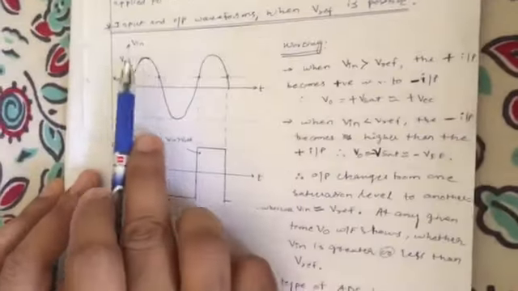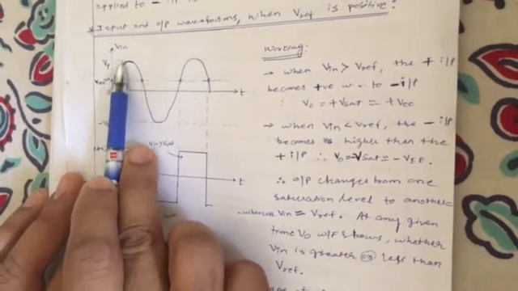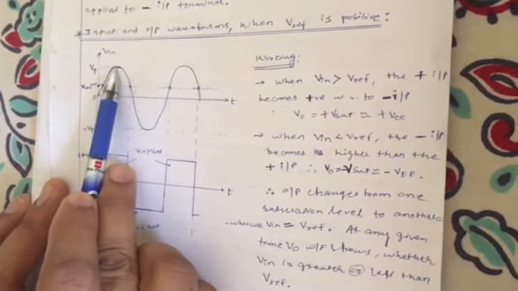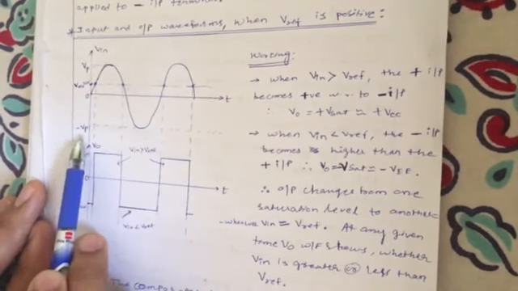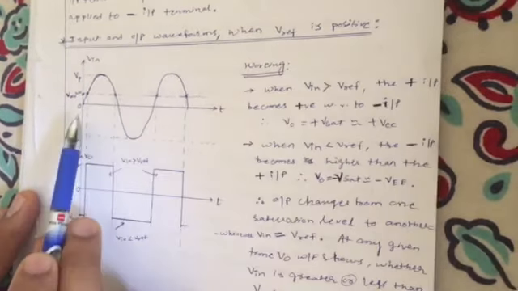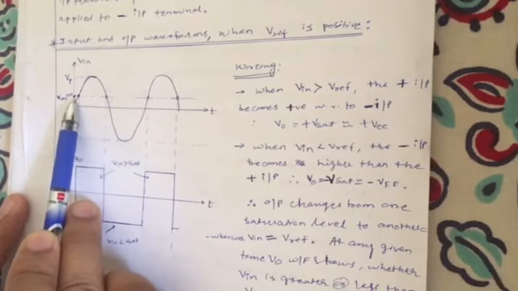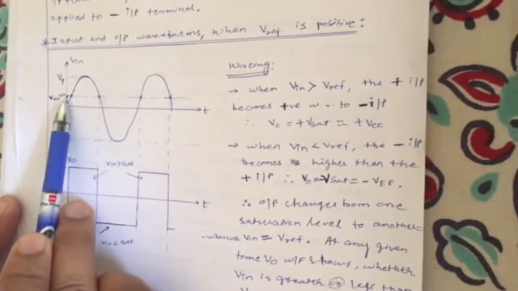Now let us take the Vin as a sinusoidal signal like this. All of you know how to draw the sinusoidal signal. As soon as you draw the sinusoidal signal, indicate the positive peak as plus Vp and the negative peak as minus Vp. Since here the reference voltage is positive, I'm going to take the positive reference voltage above the x-axis here. I'm going to mark this. Since it is 1 volt, here I'm going to mark a point like this.